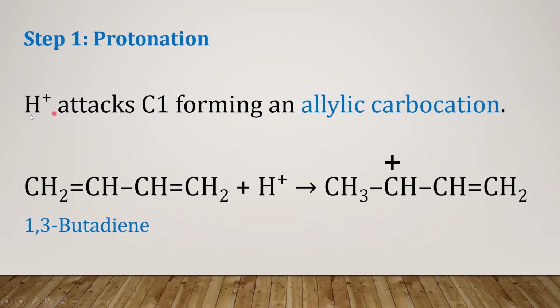So our H plus ion will go and attack the C1 carbon, and there will be a formation of carbocation. In the presence of any electrophile, a shift of the pi electrons will take place toward either carbon, and this is governed